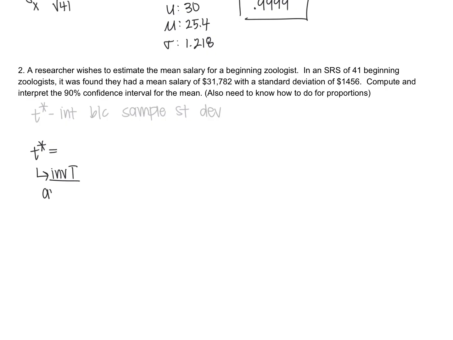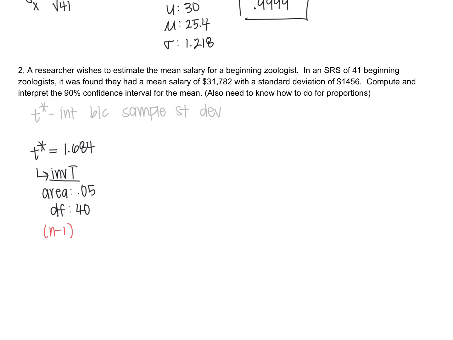And then to get your area, it's the remaining area to 100% divided by 2. So that would be 0.05. Degrees of freedom is your sample size minus 1. So our sample size is 41, so our degrees of freedom are 40. And then we ignore the negative here when we get out our critical value, and we get 1.684. And the reason we ignore the negative is because our formula has that plus or minus, so we account